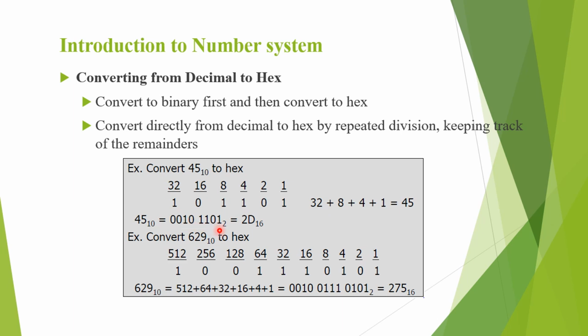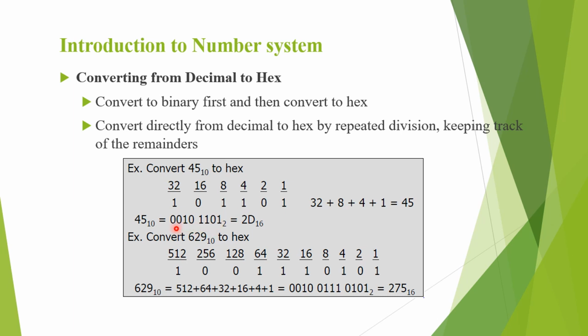So each will be a group of 4 bits. So you have 2 groups, so each will be 4 bits because you have to convert it into hexa. For hexa, each digit will have 4 bits of binary. Since for the first group you had 1101, and for the second group it was only 10, we have added 00. So now this 45 in binary representation is 0010 1101.